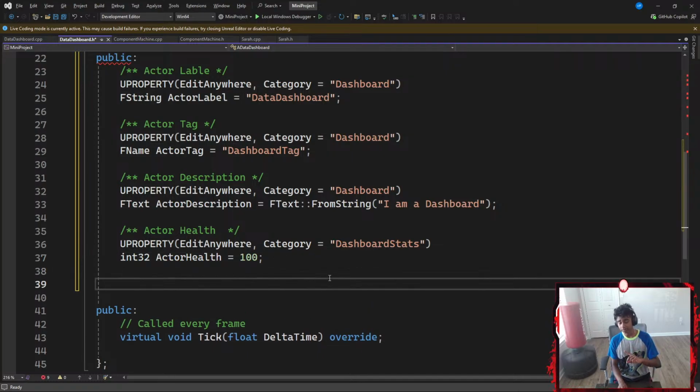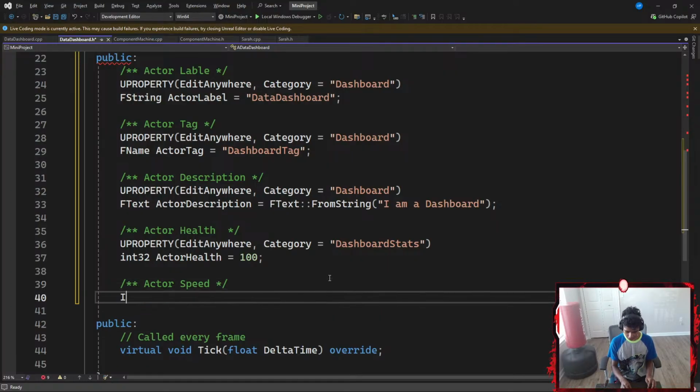Once I'm done with my actor's health, I'm going to go with my actor's speed. Let's go with SPEED, which is now going to have another UPROPERTY, where I want my actor speed to be EditAnywhere.